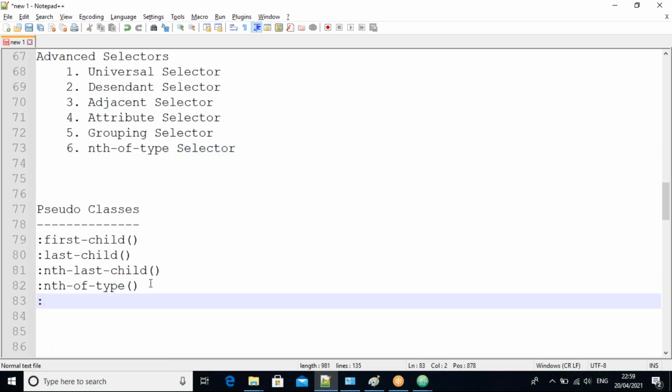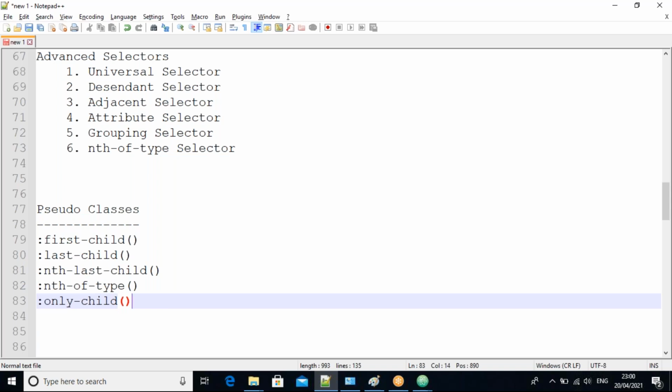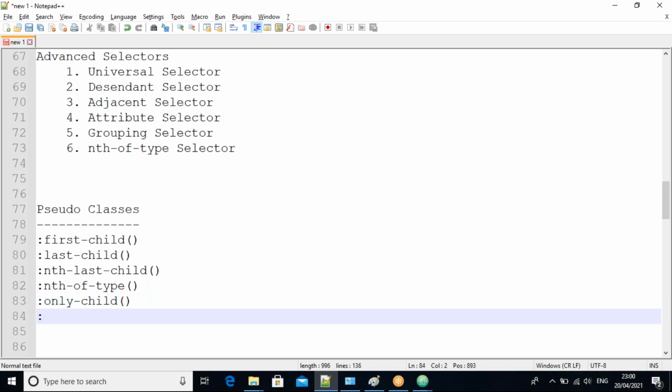There are some more. Only child is one pseudo class. Next, first of type is one pseudo class.